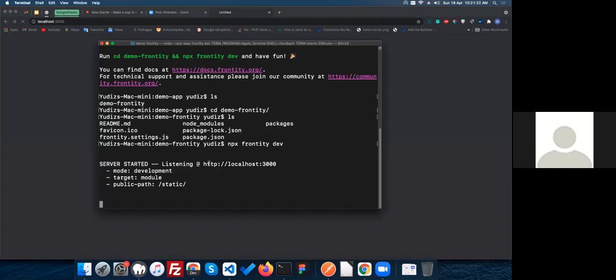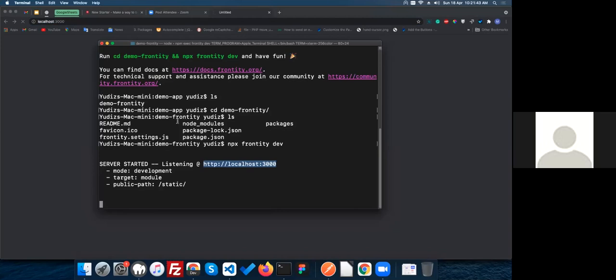So when you are creating this build, it might take some time to create a build in your system, like 30 seconds or between 1 minute. After creating the build, as you can see, the default browser of your system, your PC, will show you this port. As you can see, localhost 3000.